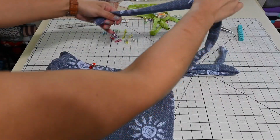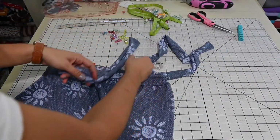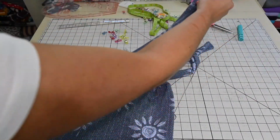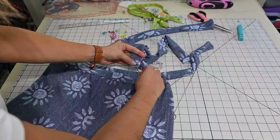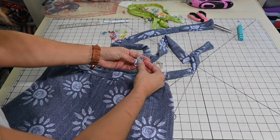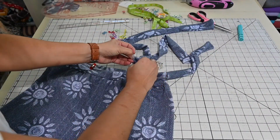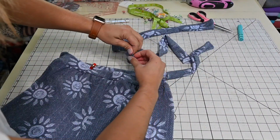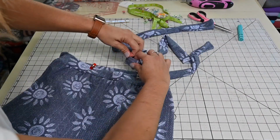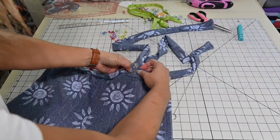And then I'm going to grab where the raw edge is and make sure that this is even. You can go ahead and give it a good steam. I just want to show you what I'm going to do. Well, you could tuck in that raw edge. It really doesn't matter because it's knit, so it's going to be fine, but you can tuck it in and top stitch it right there so that way I'm going to place it right behind here,